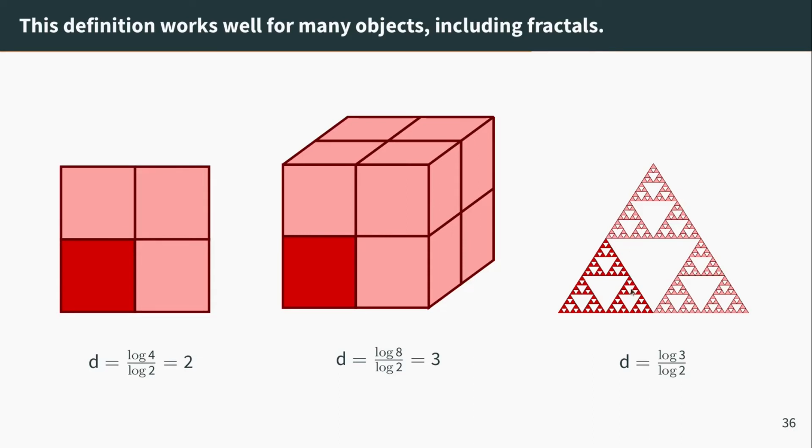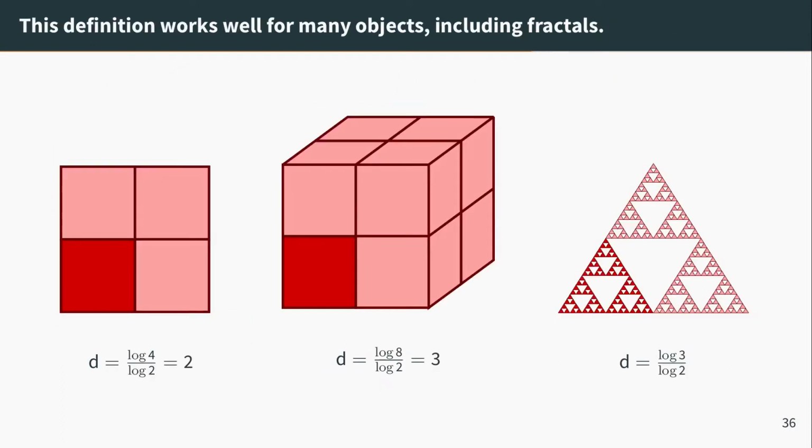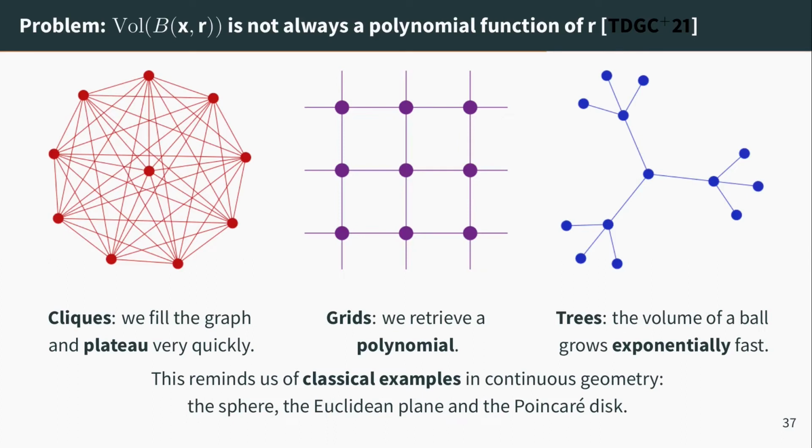Okay, so this is the type of thing that you would learn in a course of classical geometry. But the problem is that for graphs, it doesn't work so well. And why is that so? I understand that it's a bit complicated if you don't know about it, but I just showed it to you to tell you that there are good reasons to think that this is a good definition. It's just that for our purposes, it's not going to cut it.